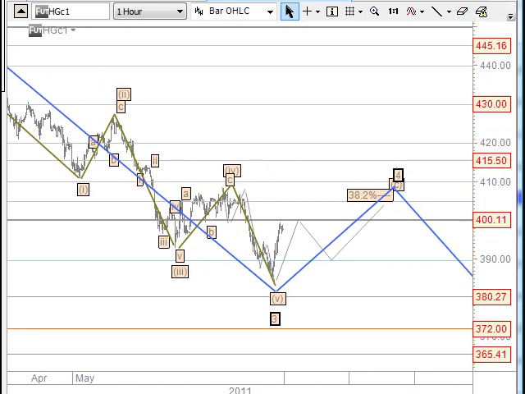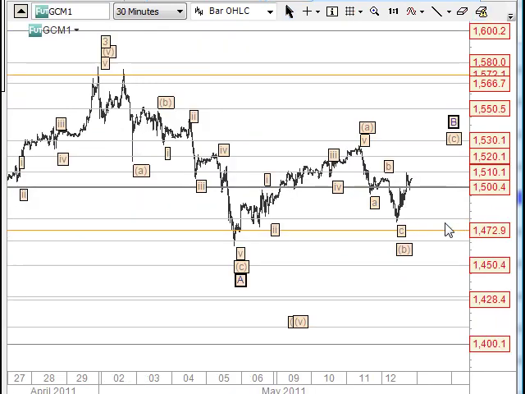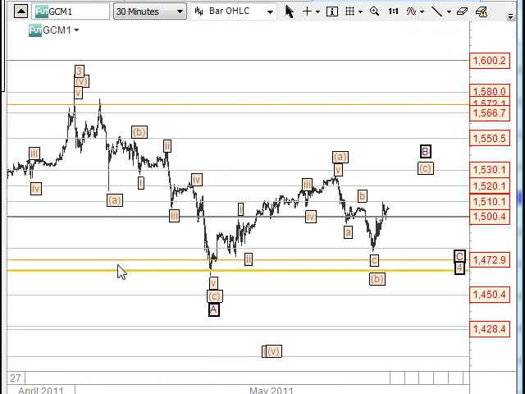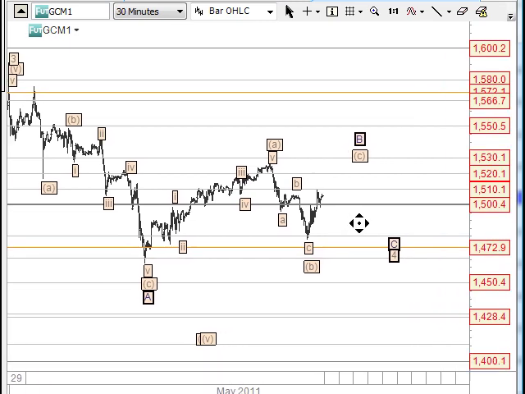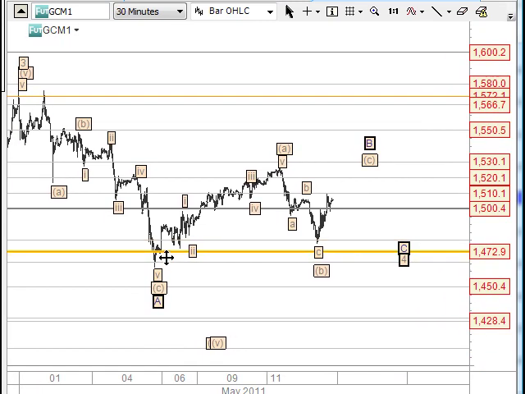Okay, the gold market here. I feel like it's sticking to the 1500 here, so I'm just a little bit like the Dow, just running on the premise that this is a larger wave 4 that we're dealing with here, and it, being a corrective pattern, but being a wave 4, it can also be complicated, just like I mentioned. So it's still got growing space to go across here. So I was looking at this as being an A and a B wave and a C wave up to here to make the bigger B wave, and then a C wave down here to make the wave 4 here.